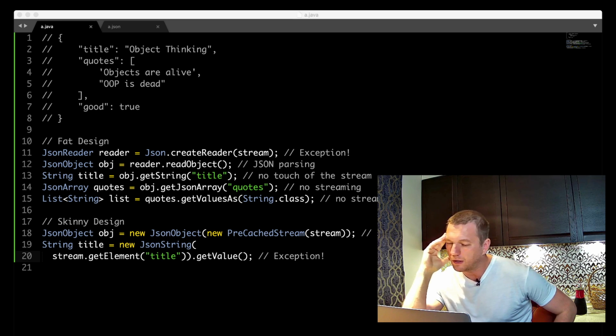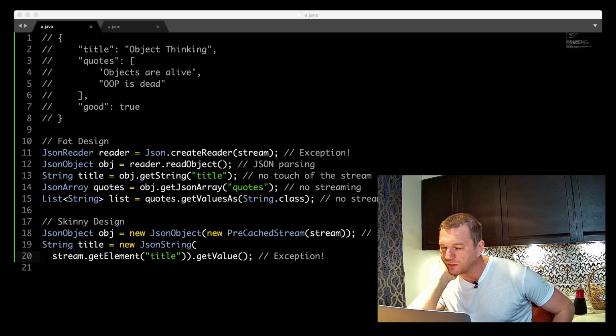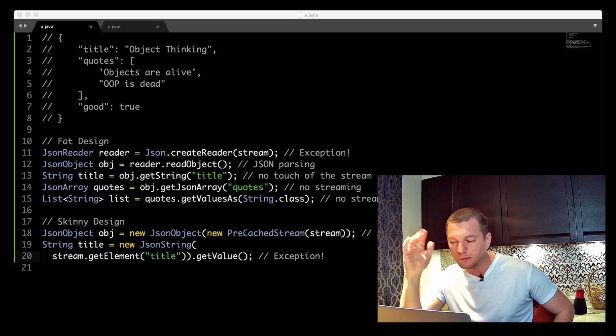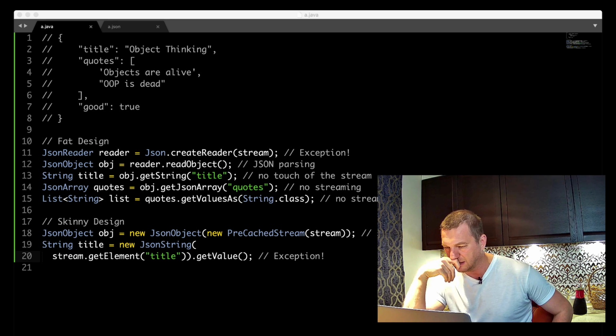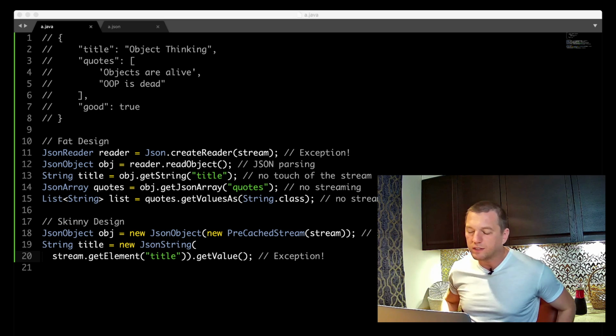Oh, sorry, another comment: JSON parsing from a stream is usually done by a SAX parser, an event-based parser, not like getElement. Yeah, it depends on the internal implementation. I don't know how exactly they do this parsing of the JSON, but I guess so you're saying that this getElement may not exist there. Well, no matter what the parser is,